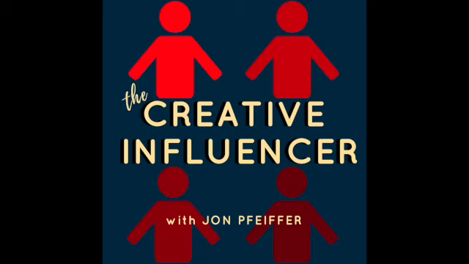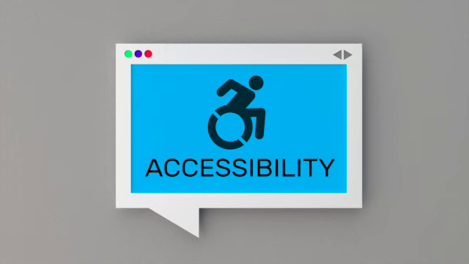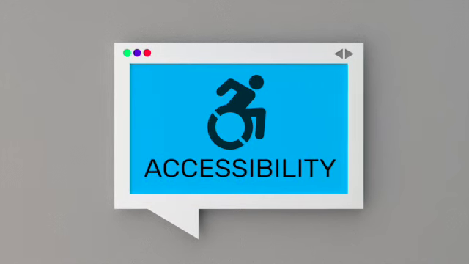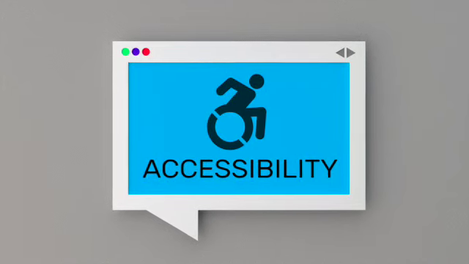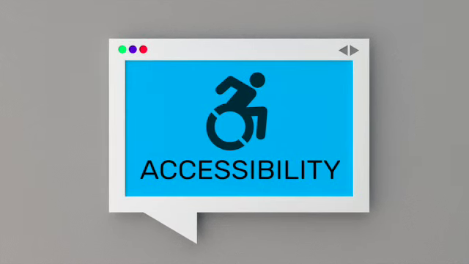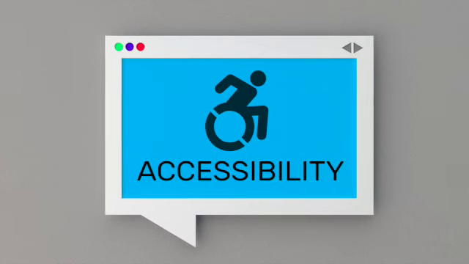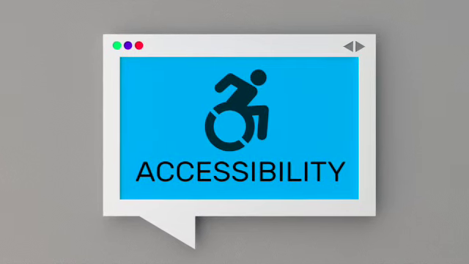This is the second mini-sode in our series about online accessibility and making sure your content is compliant with laws like the Americans with Disabilities Act, or ADA for short, and how it applies to influencers. In our last mini-sode, mini-sode 8, I explained the background of the law and gave some best practices for your merch and promotional websites. Today, we're talking about best practices for your social media.